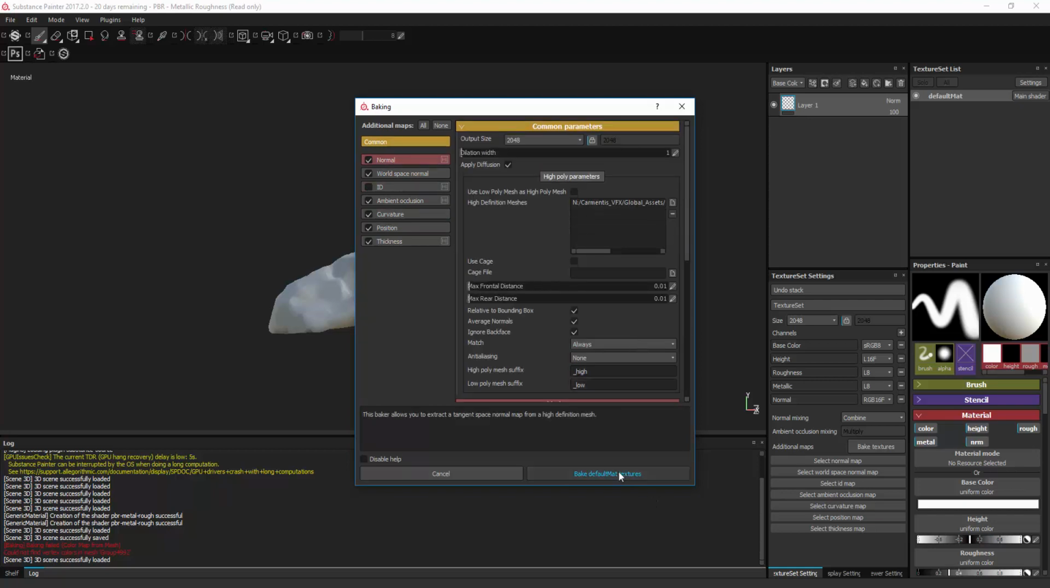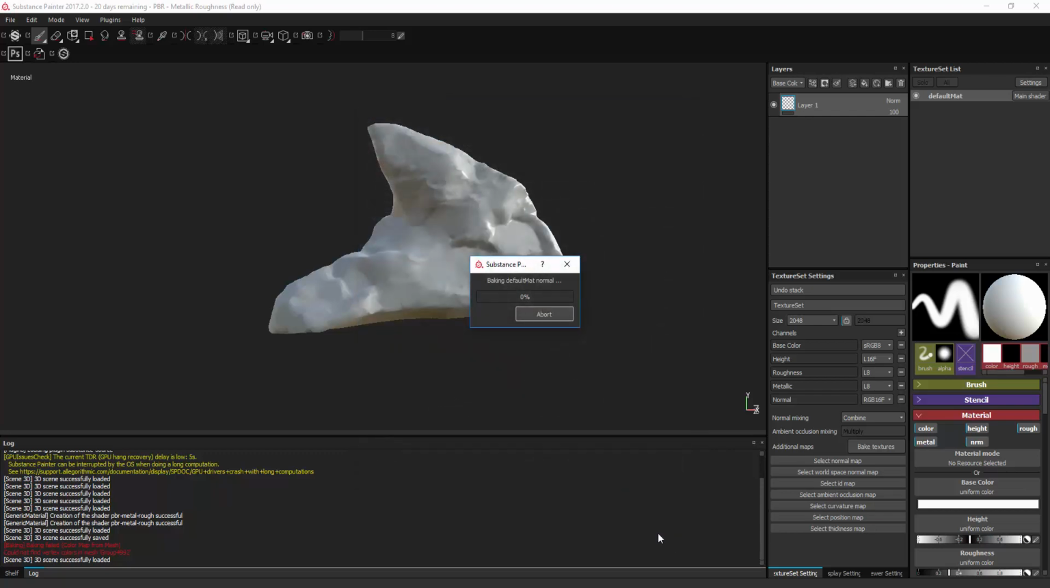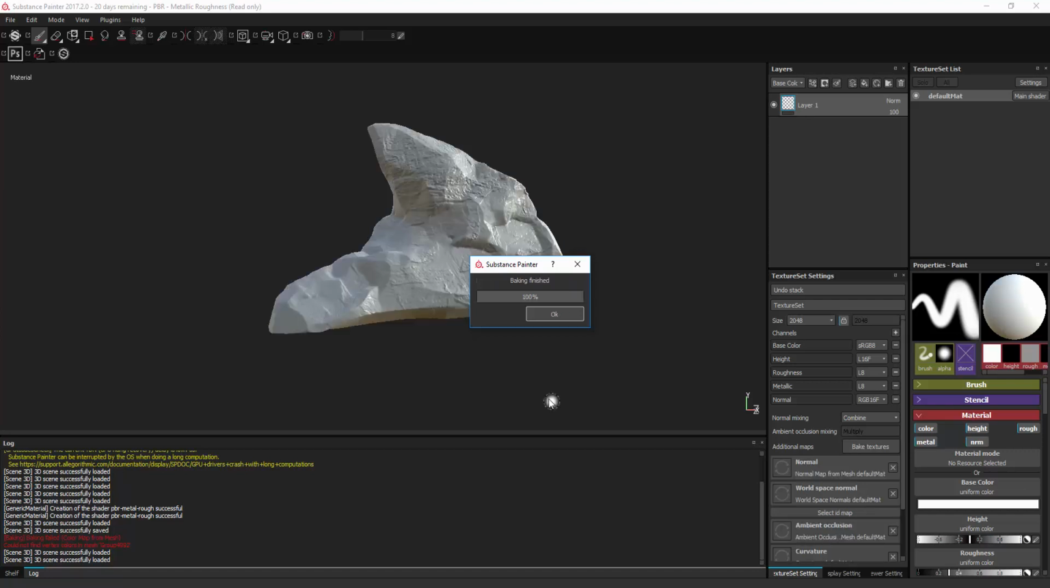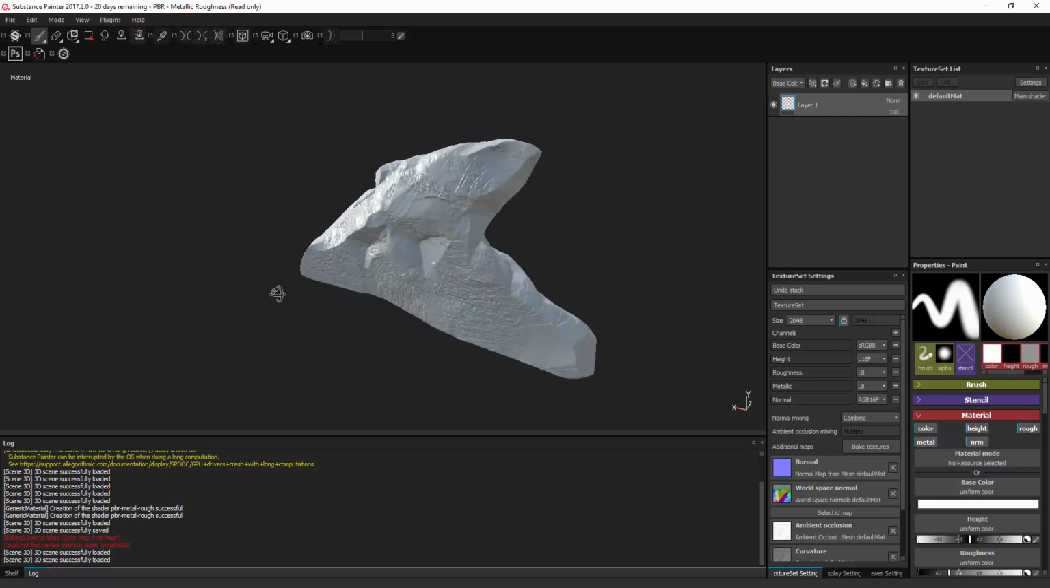And once you're ready to do everything and it's set, just click Bake Default Mesh Textures, and it will go through that and start baking them. It will take a little while depending on what your document size is and how heavy and dense your meshes are. But it's pretty quick, and you can see here we've got all that detail from the high poly now